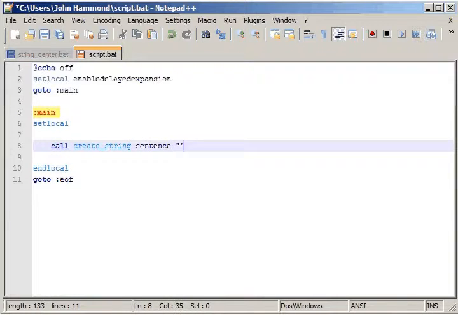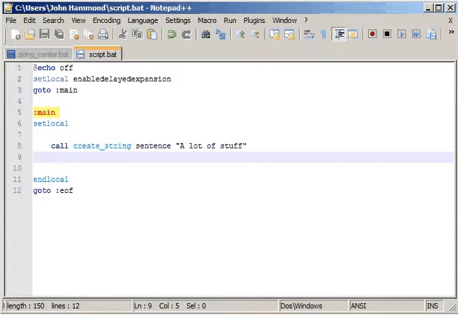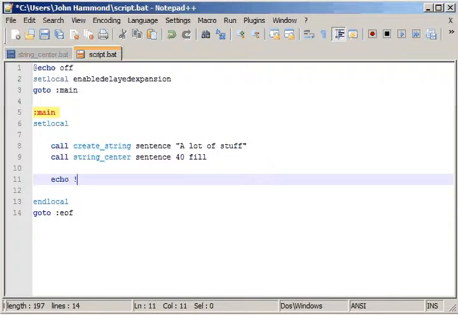Call mine sentence, and like a lot of stuff. And then what I'll do is go ahead and call my string center function. Pass in sentence. We'll have a width of, let's say, 40. And I want the return character to be fill. So now if we echo out fill,